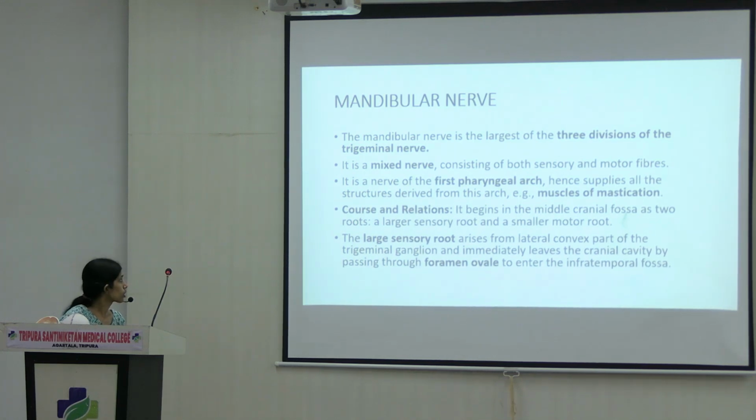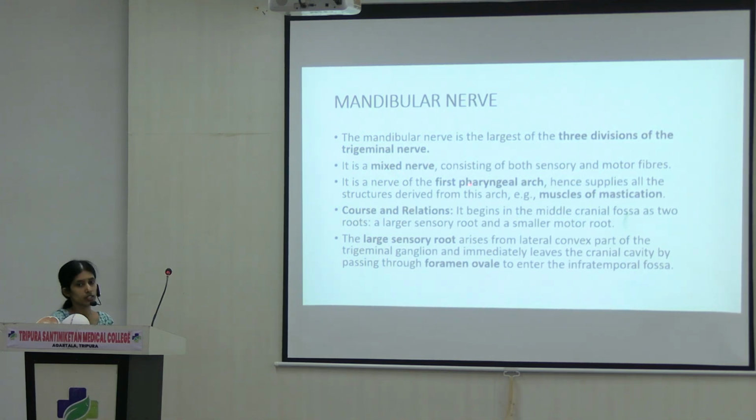Okay. So, it is a mixed nerve. It consists of both sensory and motor roots or fibers. It is a nerve of the first pharyngeal arch. So, hence it supplies all the structures that are derived from this first pharyngeal arch, that is the muscles of mastication. So, all your muscles of mastication, that is temporalis muscle, masseter muscle, lateral pterygoid and medial pterygoid are supplied by